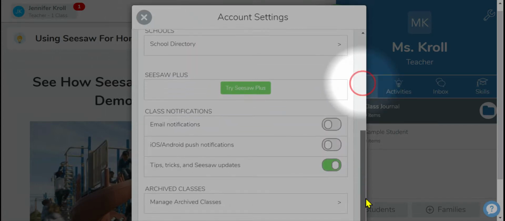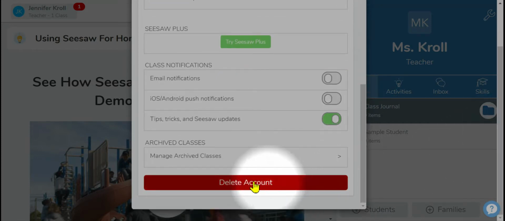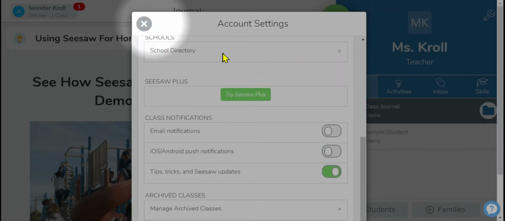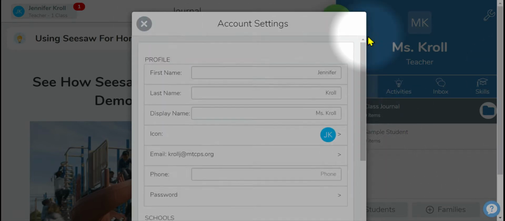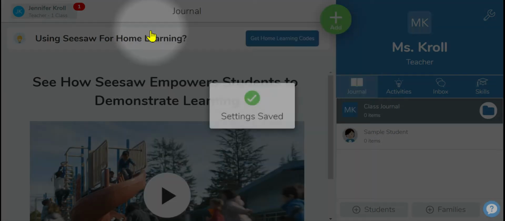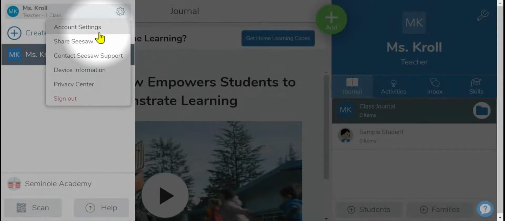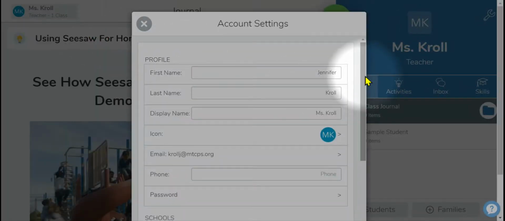So when you have all your settings here set up, I think I need to move mine. Don't use delete account. You certainly wouldn't want to do that. And then simply close it out and it should save that information. And you can double check to see if it's saved simply by going up to your account settings. And if it's saved,